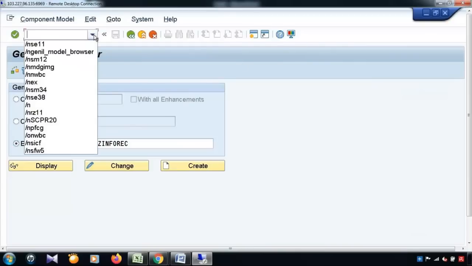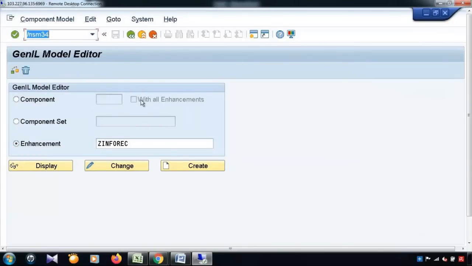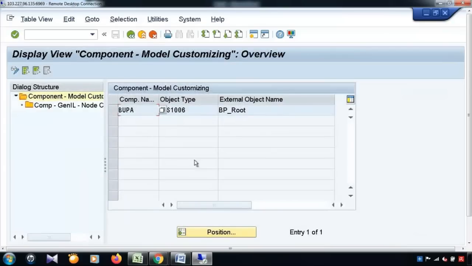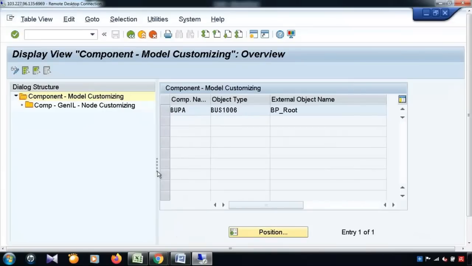Then you need to come to SM34. In SM34, this is the structure, this is the cluster name. So this is VC, MDG, BS, Genil cluster. C means cluster. When you go inside this, you can see the Bupa component followed by some business object and BP root. And go to the